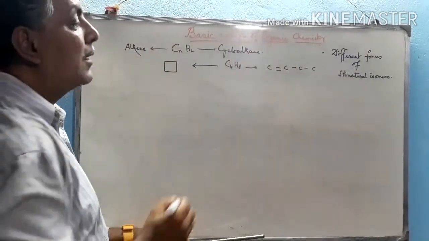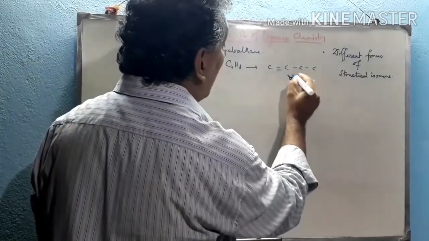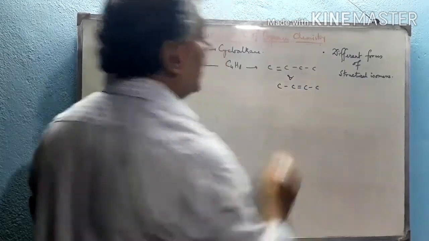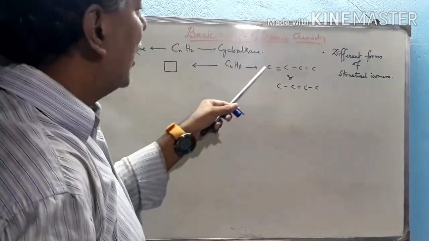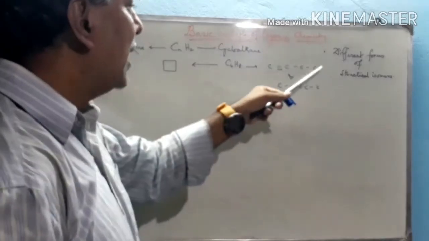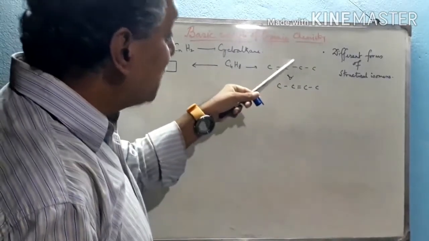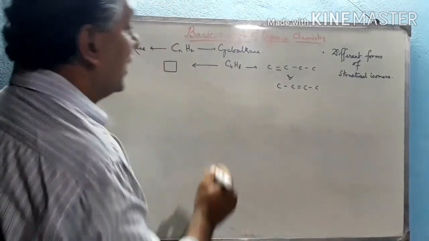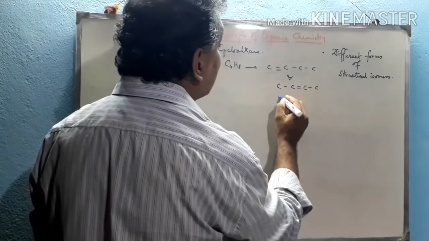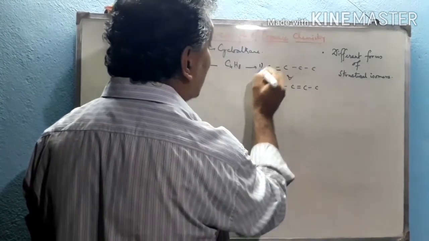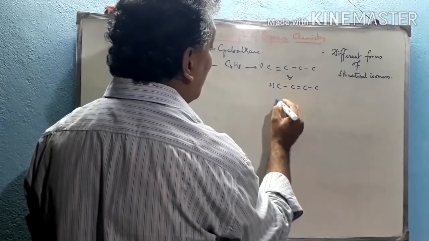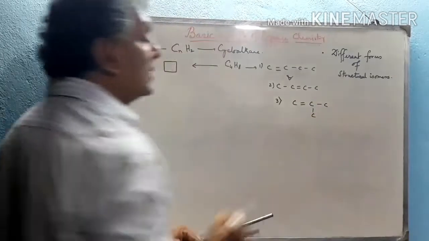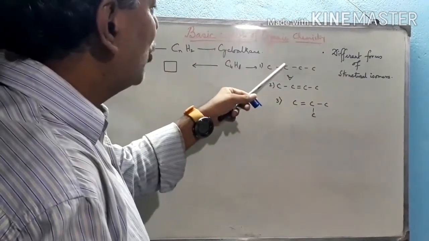This is the positional isomer. If we shift this double bond towards these positions, but-1-ene converts to but-2-ene. These two are positional isomers. So first we have to draw the chain isomer, a long chain, and then with respect to this chain the position of the double bond will be different. Then we can draw the chain isomer of these two compounds. This is the first compound, this is the second compound. The chain isomer of the first compound will be the third compound.